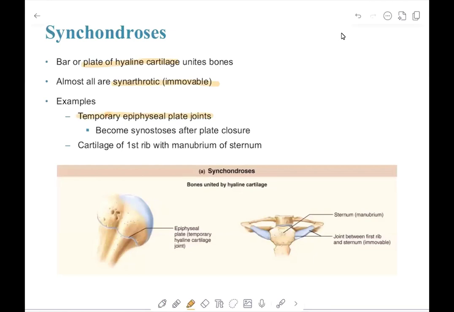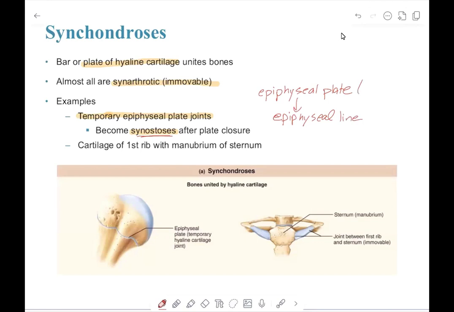Remember that cartilage, as we get to adulthood, is going to ossify. When it ossifies, it becomes a synostosis after plate closure. And this is where it goes from the epiphyseal plate to the epiphyseal line, which is the remnant of the